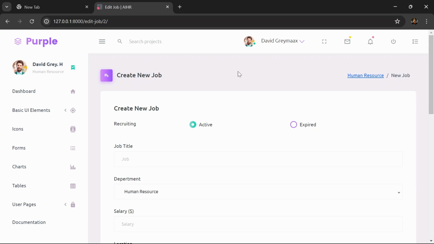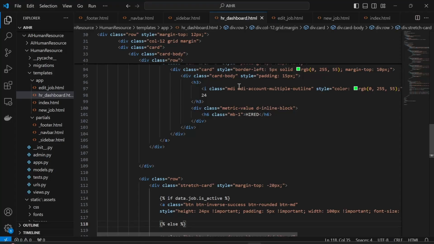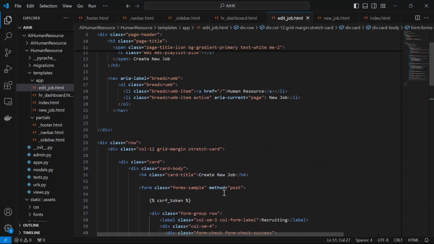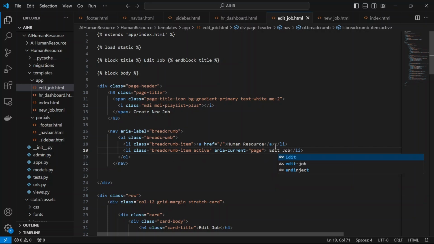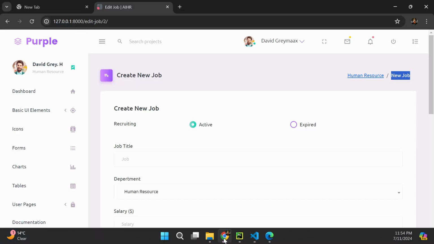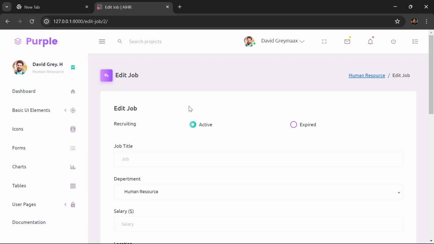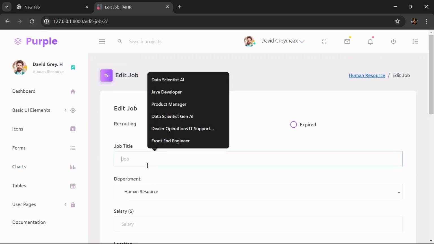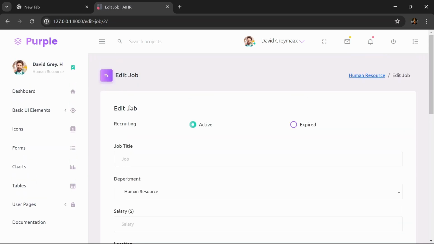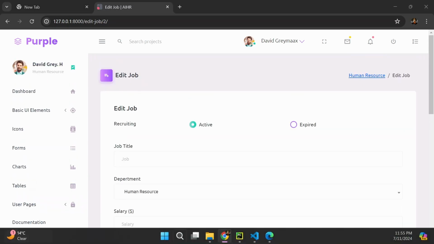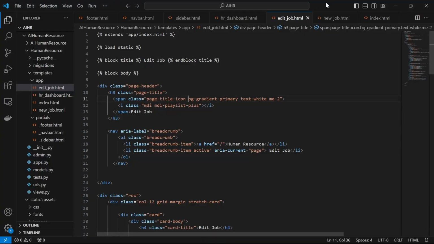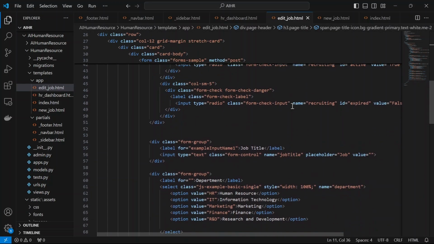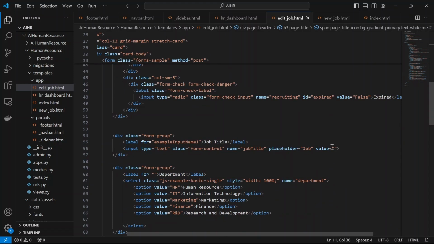But we need to update this one to edit job. So in VS Code, under edit job, so this one should be edit job, and this one should be edit job. If we refresh, you see we get edit job. And then one more thing, we should populate these fields with the current values for this particular job. So in VS Code, under edit job.html, you're going to change the value for job title to be